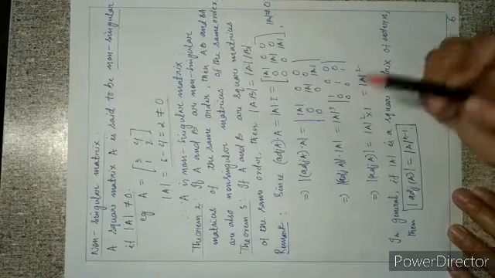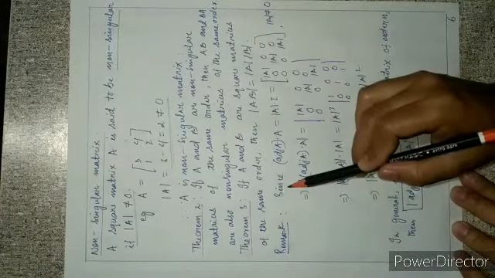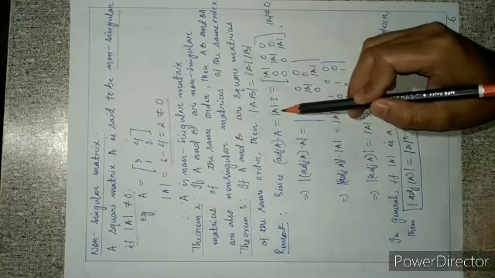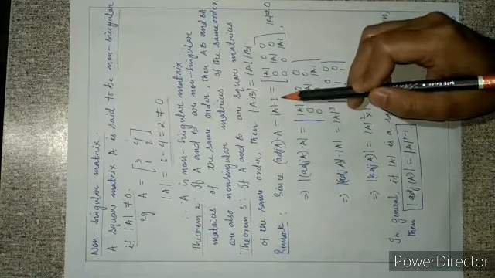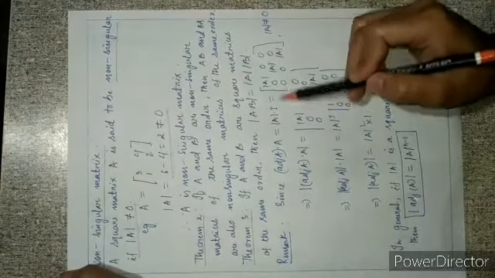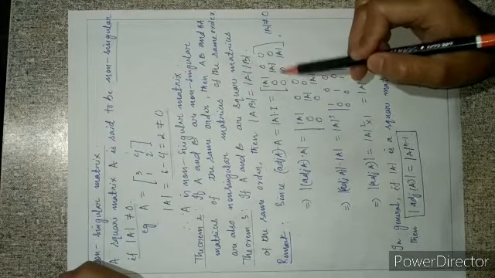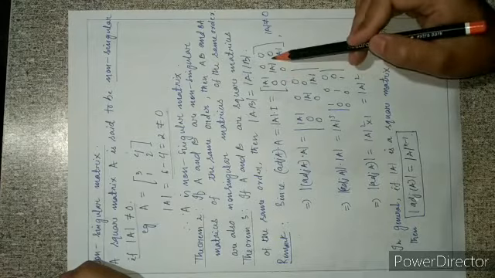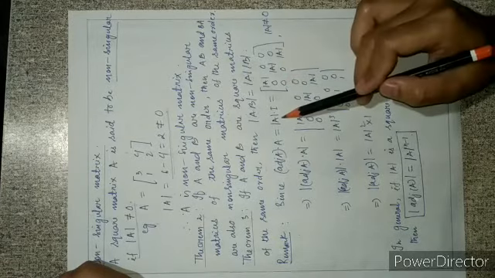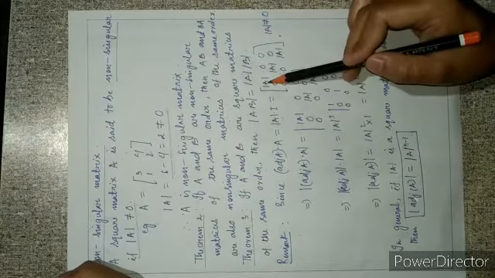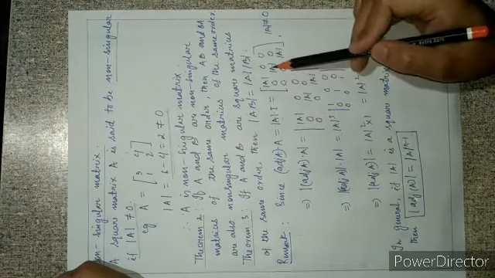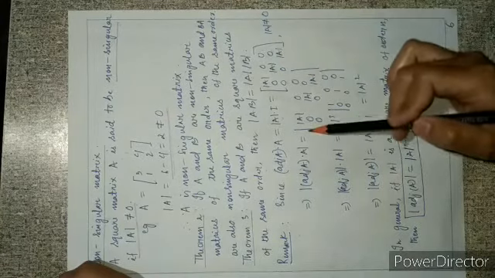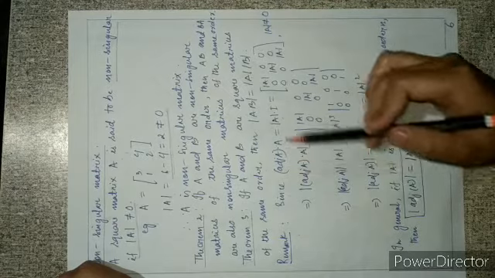Then, a remark. From theorem 1, we have A multiplied by adjoint A is equal to the determinant of A into the identity matrix. Writing the identity matrix of order 3, it is 1 0 0, 0 1 0, and 0 0 1. Multiplying by the determinant of A, we get determinant A 0 0, 0 determinant A 0, 0 0 determinant A. Then, taking determinant on both sides, we have